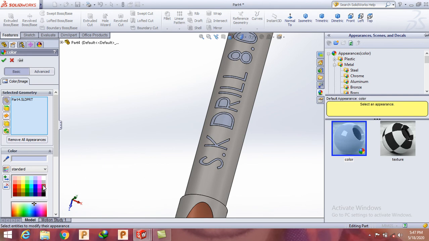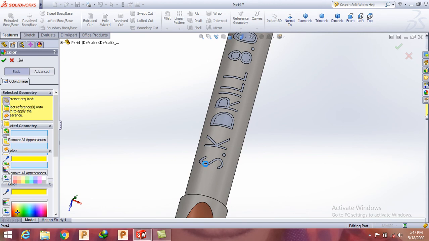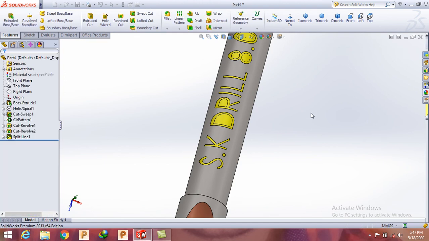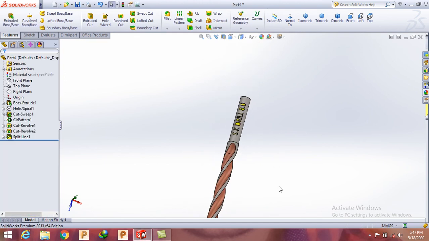You can choose. I will add a yellow color to this. I don't want this. I think something went wrong, but it's okay, don't worry about it. This is all done.